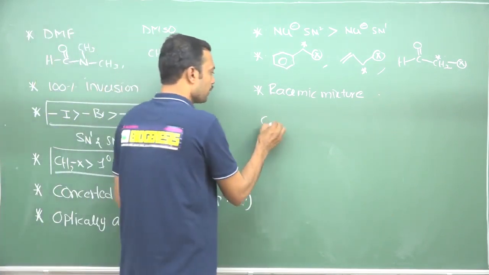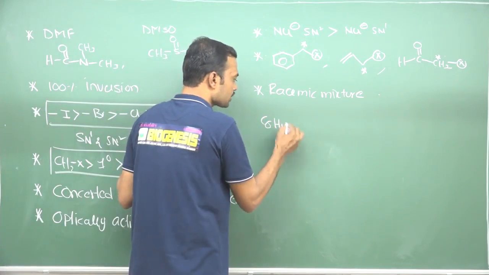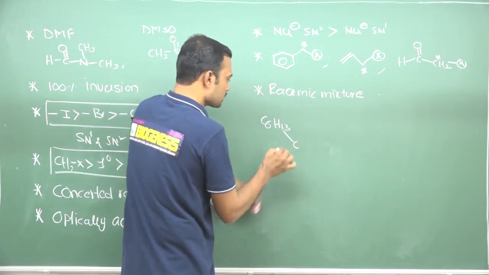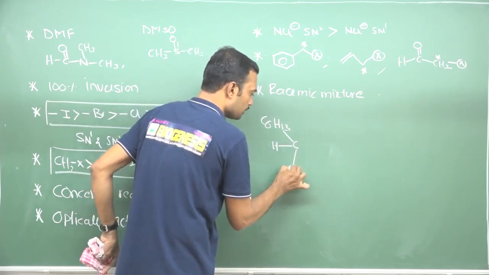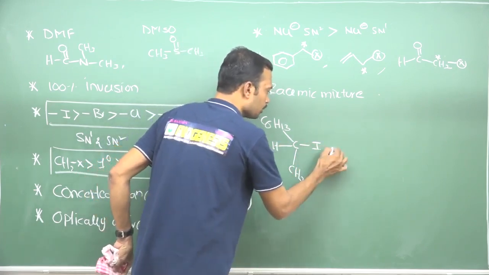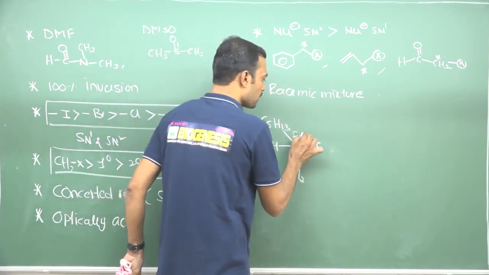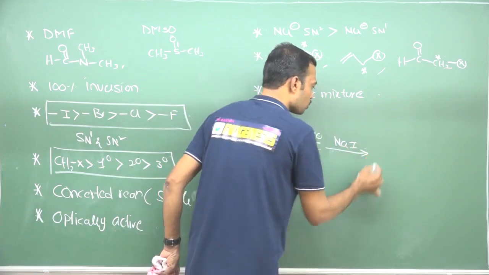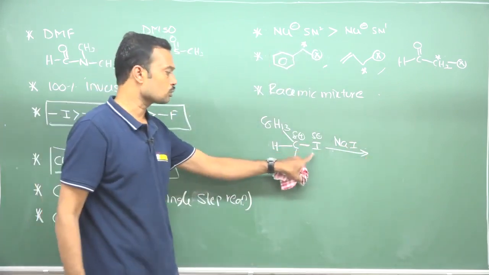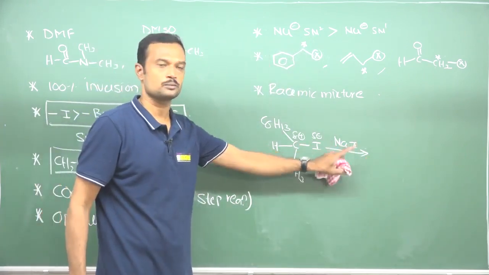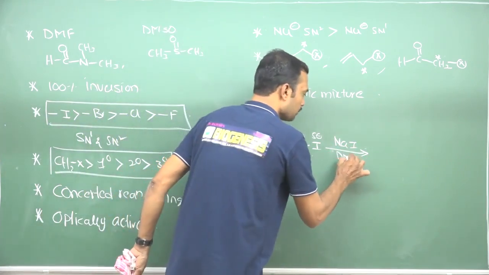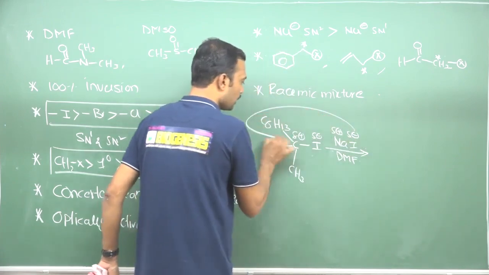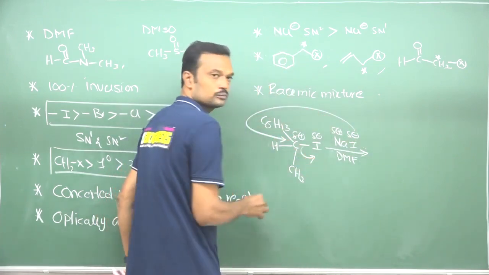Suppose if I take C6H13 attached to carbon, and here a hydrogen atom is present, it is a lighter atom, next it is connected to carbon, and this is methyl, and here iodine is present. Now it is partial positive, and this is partial negative. I am going to use a nucleophile, sodium iodide. It is an existing nucleophile and this is a nucleophile coming from a reagent. It is carried out in the presence of dimethyl formamide. Now what will be the answer? Now this negative ion will attack from the opposite direction and this will be removed.